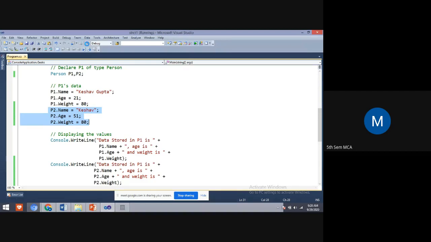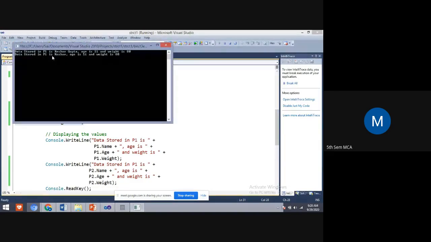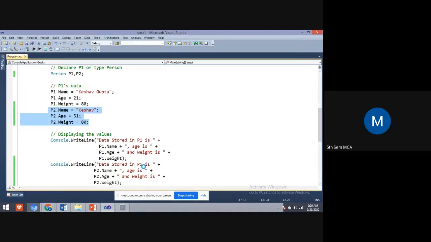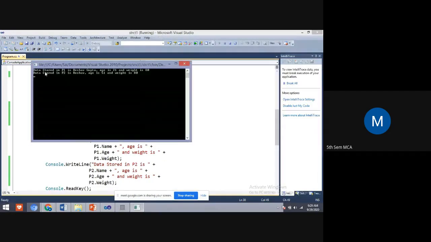Now you can see both persons' details. The data stored in P1 is Keshav Gupta, age 21, and weight 80. And the data stored in P2 is Keshav, age 51, and weight 80.